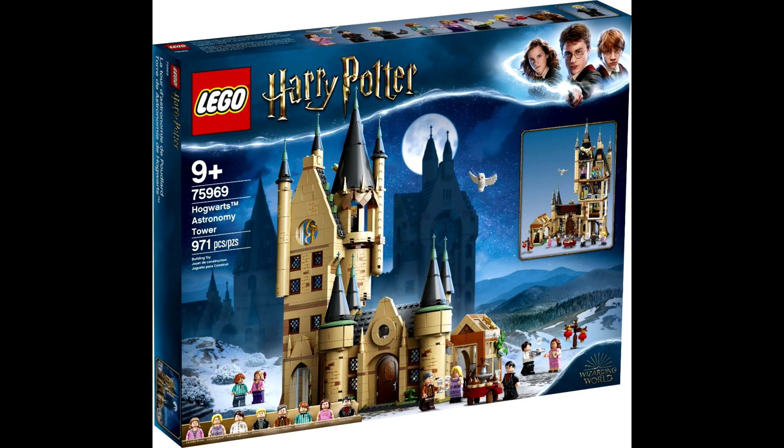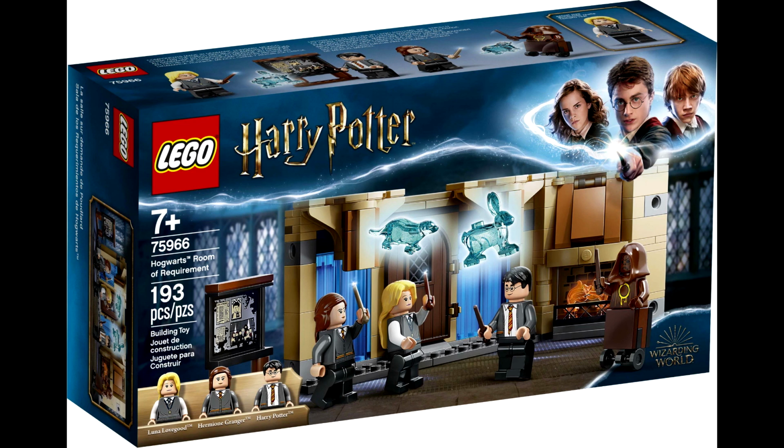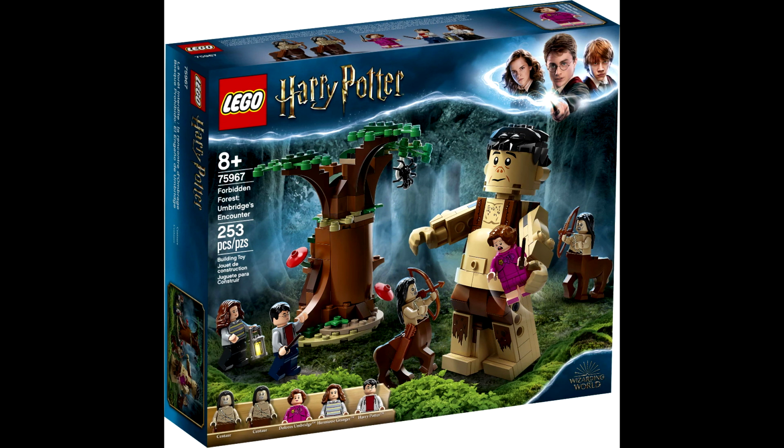So, another new year and another great wave of LEGO Harry Potter sets. Ever since 2018, this new Harry Potter theme is really becoming one of my favorite themes of all time, just because the older age range just allows for so much more in terms of the sets. And I know I've already gushed about how I love the Hogwarts sets, but they just keep getting better every year. I would say the Clock Tower is still my favorite, but I love the Astronomy Tower, love the Room of Requirement,